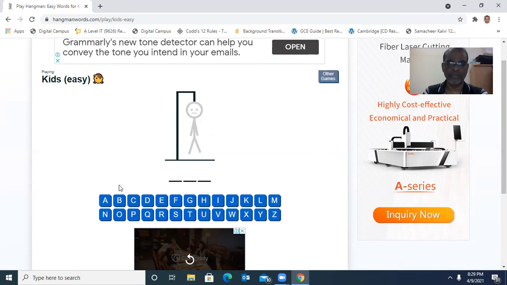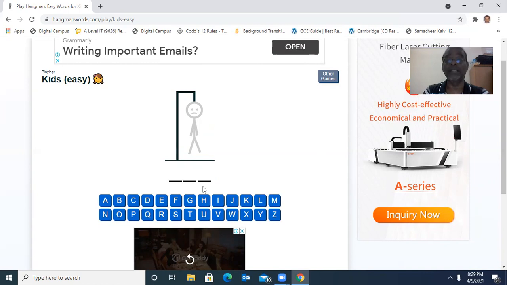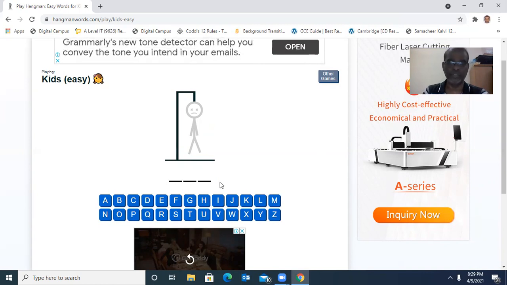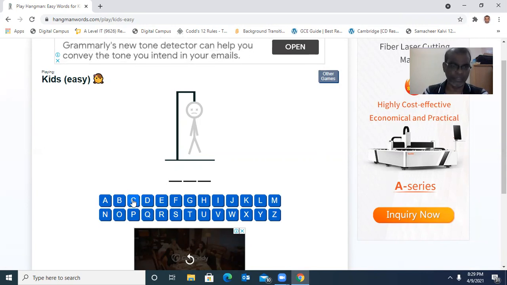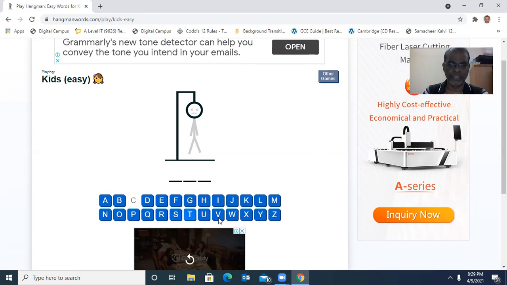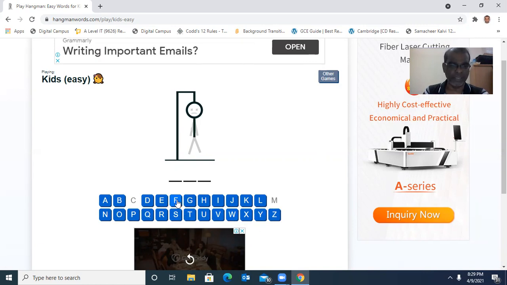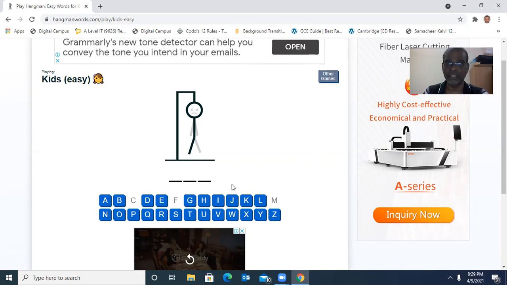So we have one word. The software itself guesses one word with 3 alphabets. See, 1, 2, 3. 3 dashes are there. I'm not sure. It may be car. It may be fun. It may be man. I'm not sure, I just try. For man, I click M. That's also not. For fun, I press F. No. So it may be eat, because 3 hyphens are there. The guess word should be 3 alphabets.